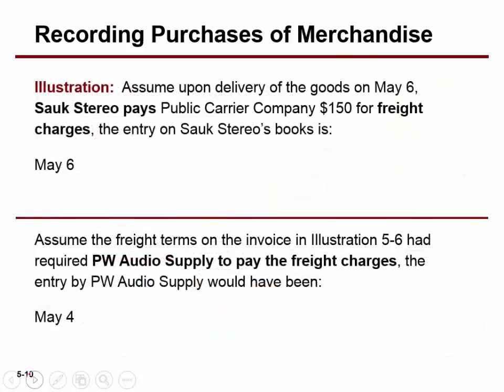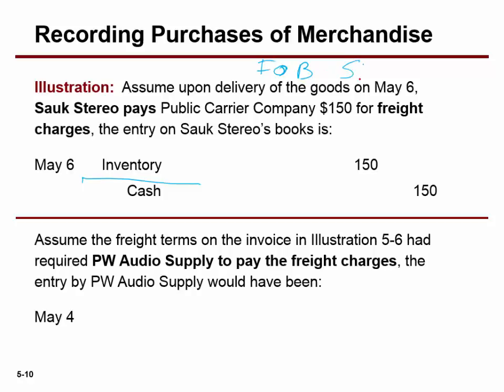So you come over, and let's look at this one. I said we're not going to look at the examples, but actually this is a pretty good one for what we just looked at. So just look at this and what happens. We paid $150 and the terms were free on board. Do they tell us here? What were the terms here if the purchaser was paying and we included it as part of the inventory? FOB shipping point, right? SP is shipping point, right?